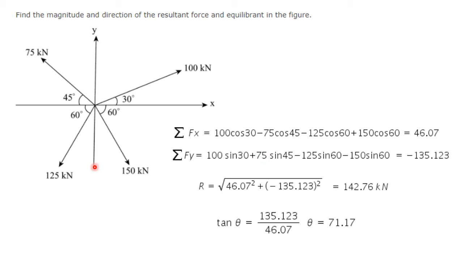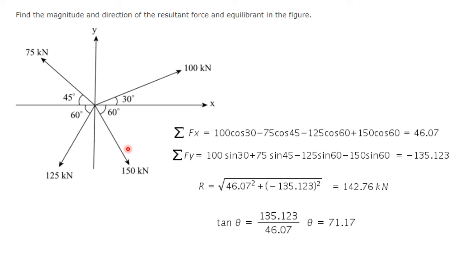Okay. Similarly, the 125, it is in the third quadrant. Inclination is given with the x axis. If I rotate towards the x axis, the direction is towards the left side, so it will be minus. If I rotate towards the y axis, again it is directed towards the down, so again it is minus. So this is 125 cos 60, because 60 degree is given towards the x axis, so x component will be cos component, the other one will be the sine component.